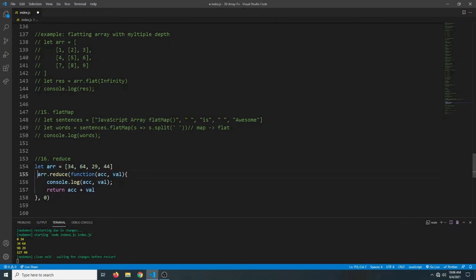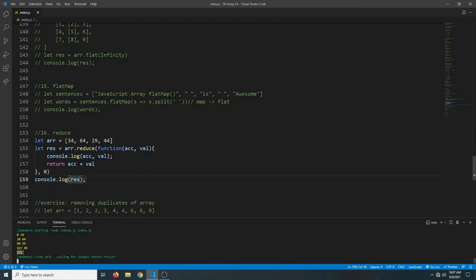So if we were to capture the result in a variable and console log it, now we are basically getting the sum of the array. So after all the iterations are done, the reduce function will return the last value of the accumulator, and we can instead pass 200 here, and as you can see now the sum is 371 because the accumulator starts at 200 and then for each iteration these elements get added to the accumulator.